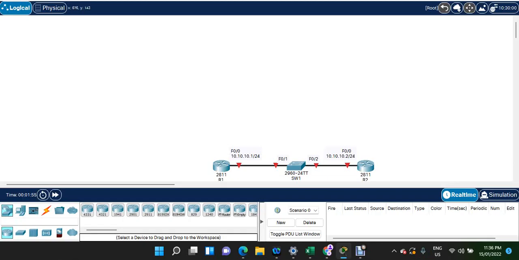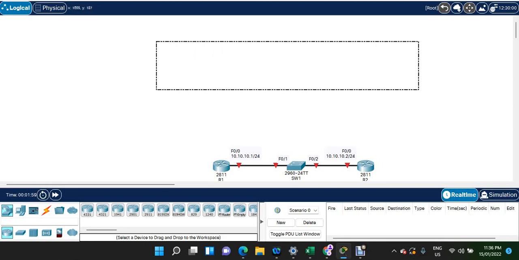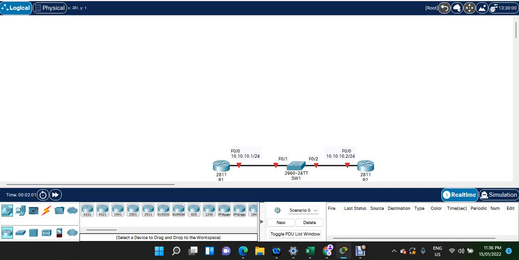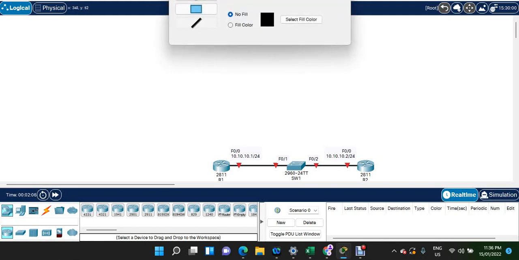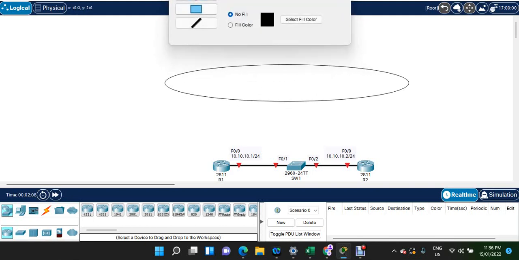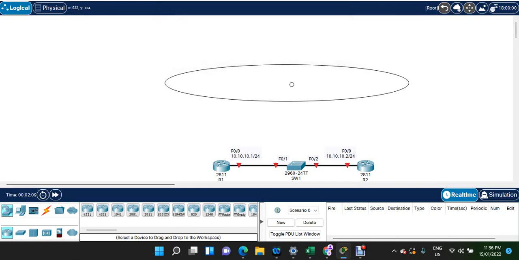Hello guys, today we are going to see about VLAN troubleshooting. So let's write it down. Let's say we are going to do VLAN troubleshooting. So guys, the best thing in VLAN troubleshooting,